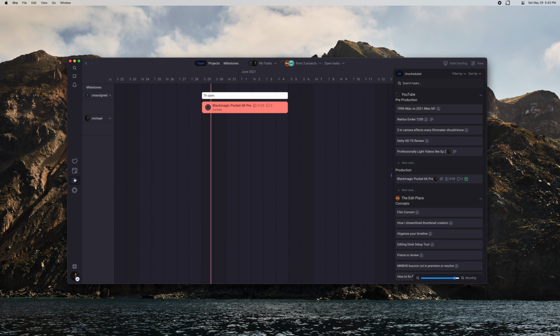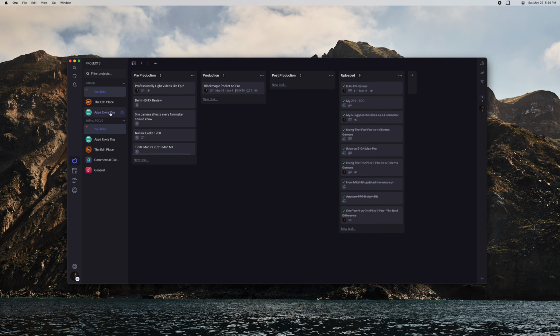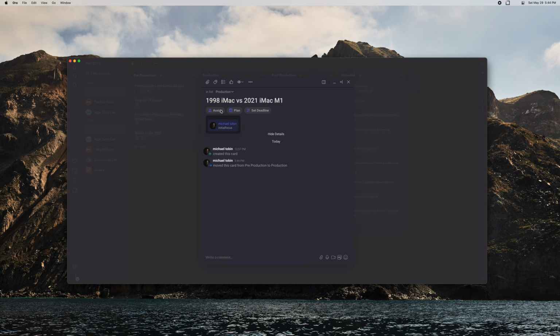And then this is personally my favorite view. This is the timeline view. This is kind of helpful if I go in here and let's say I'm working on something else. So I'll work on this and I'm going to plan it. I'm going to go from, let's say, tomorrow